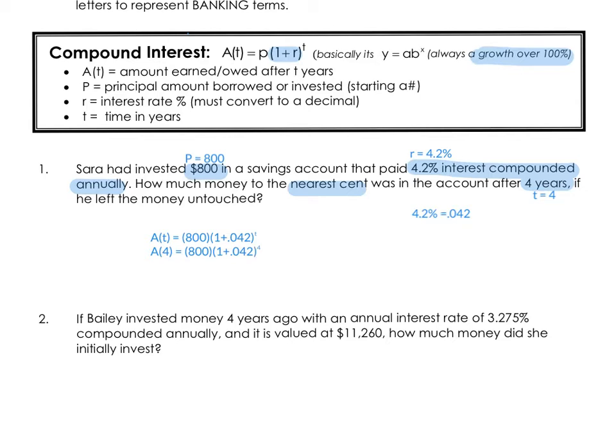Once we have that all written out, now it's just a job for my calculator. So I don't have to do any of this math. I'm just going to go to my calculator and type it in exactly the way I see it with my parentheses, making sure to put the 4 as the exponent. Remember that that's done by using the caret, which is under the clear button. So when you put that all in your calculator, hopefully you end up with the answer